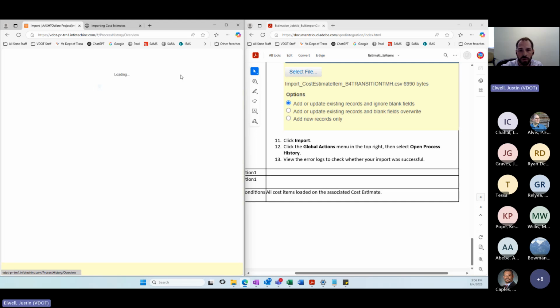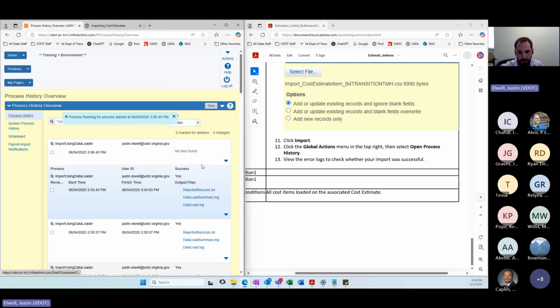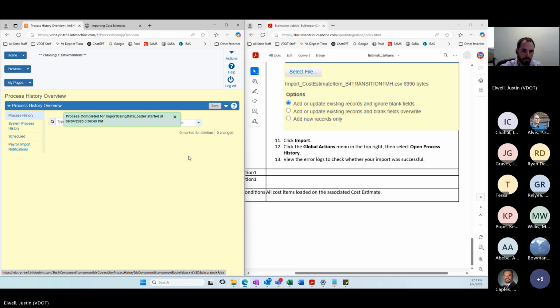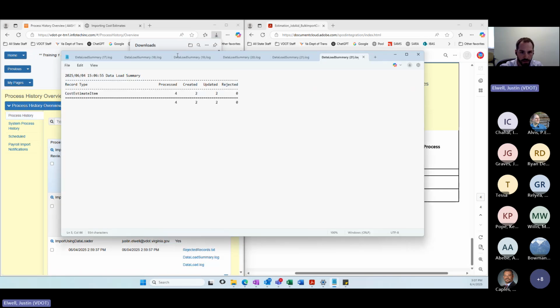And again, for this process, open the process history once again. Wait for our process to run successfully. There we go. And again, I like to always look at the data load summary to see what exactly happened.